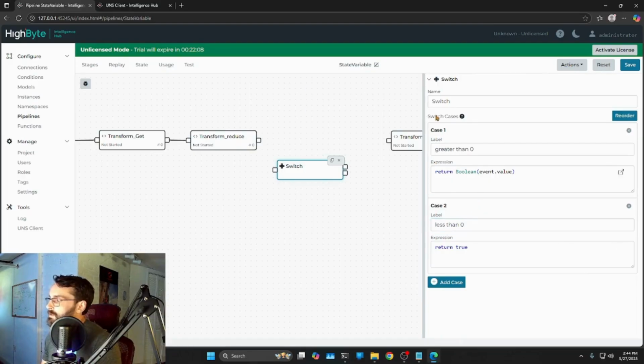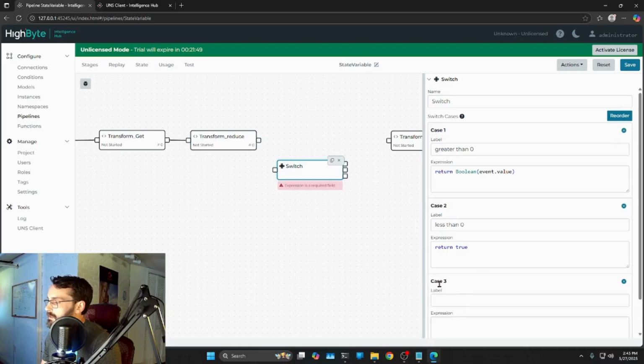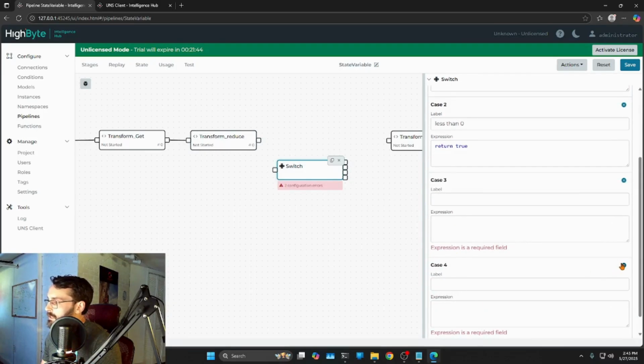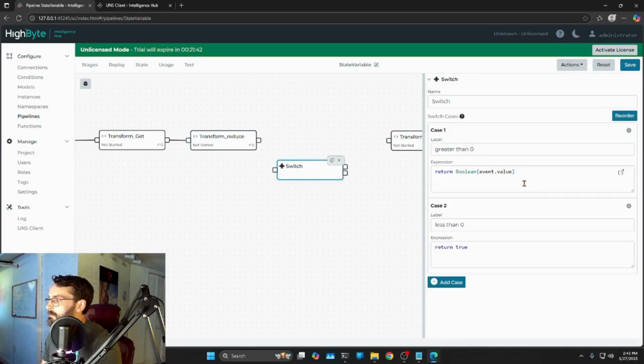Now, essentially, you can see I've got two output nodes here that now correspond to the description I just wrote in there. We're going to start at the top. If this expression value is true, my message is going to go to the associated node, all right? If it doesn't, we're going to go on to the next one. If that value is true, we're going out that node. If it doesn't, we're going to go on. We could add more. You can see we can keep going down here, adding more and more branches. I only need 2 because all I'm concerned about is my value, event.value